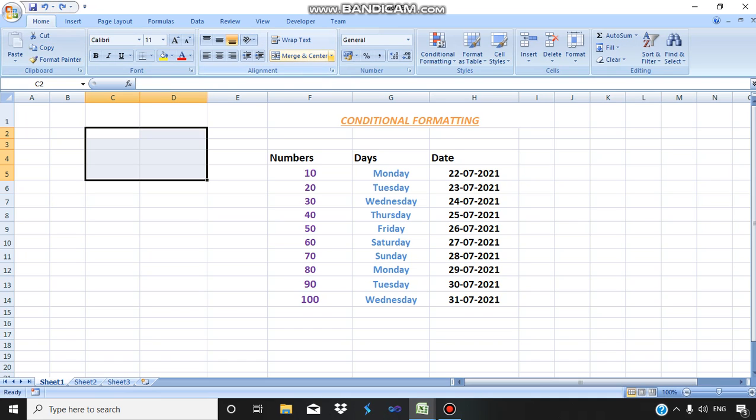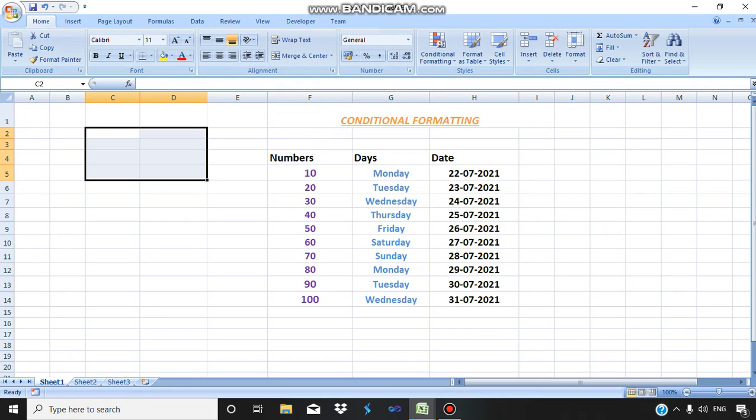Then the third option is merge cells. It works in the same way as merge and center. If I do merge cells, see, the space here is empty, there are no rows and columns. And again, if you want to come back to the original screen, you want rows and columns, so either you undo it or you just select unmerge cells.